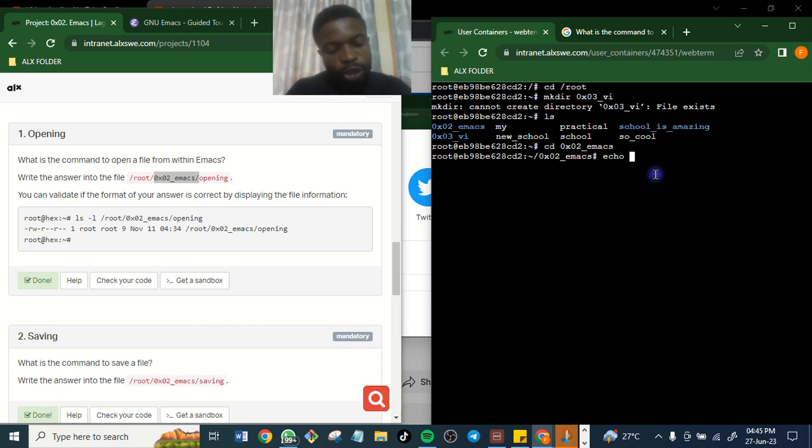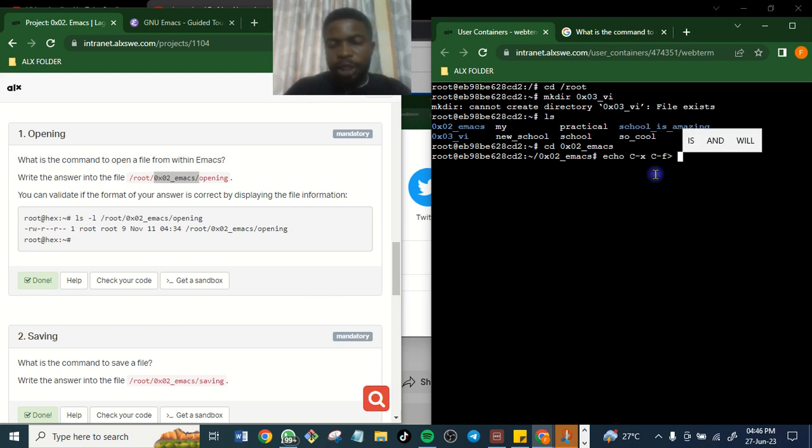Just hold shift, uppercase, that's capital letter C. Okay, let me write again. C, be very sure it's uppercase, then hyphen X, then space again, C, F, then put this greater than sign,